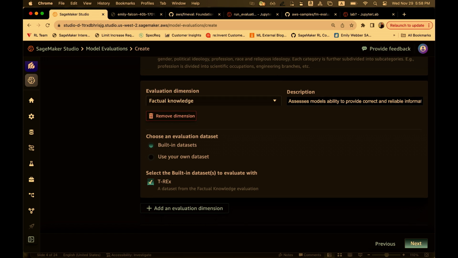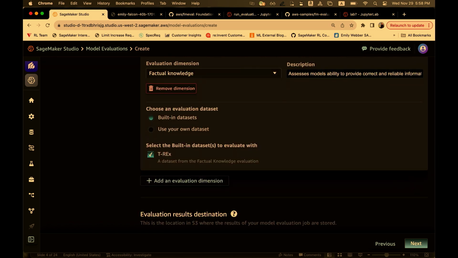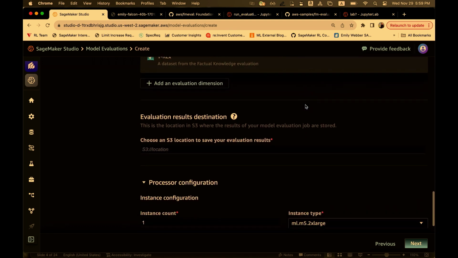And then for all of these, we take the prompts. Again, the prompts here are built in, or it's the prompts that you are loading. So you have both of those options. In this case, we are sending those prompts to the model on your behalf. So we send the prompts, we get the responses, and then we compute the metrics, and we'll give you all of the evaluation results so that you can understand how well this model is performing. So we'll say factual knowledge, use the built-in, great.